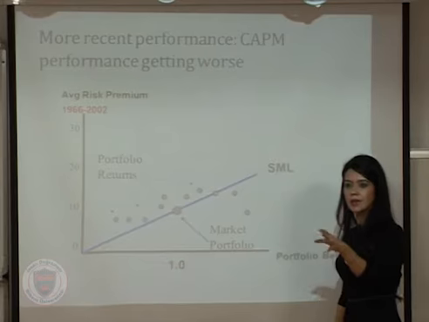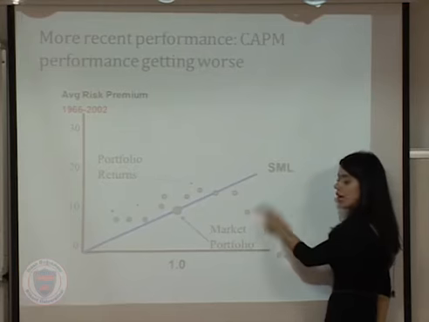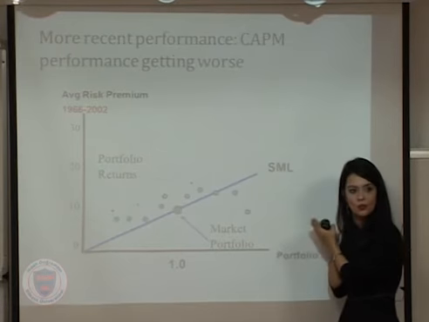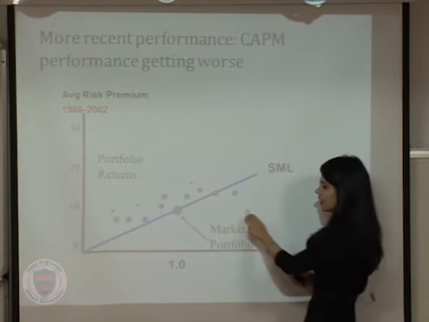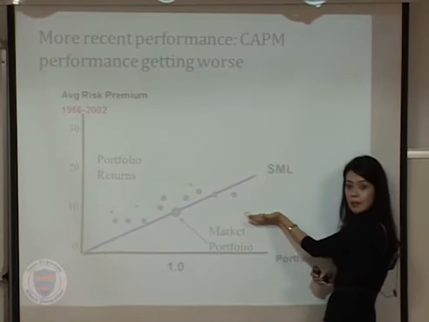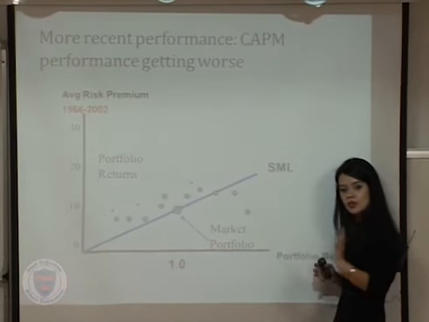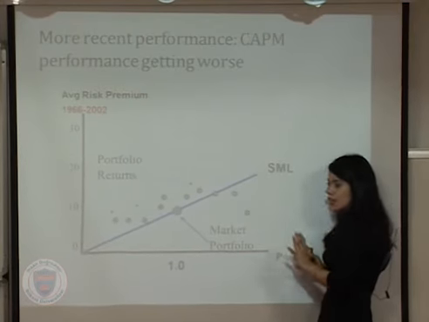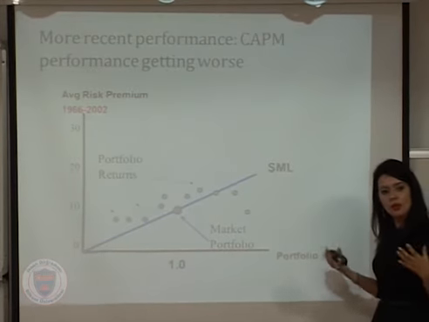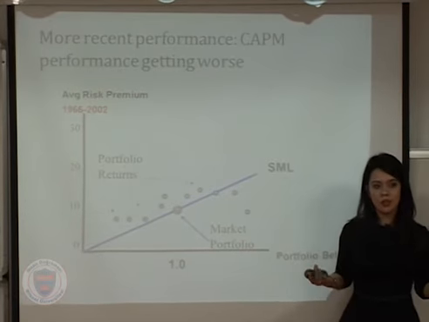And your uncles are doing the same thing. You have the youngest uncle with the low beta portfolio. You have the oldest uncle with the high beta portfolio. Again, portfolios are not on the security market line, but things look worse now. As you can see here, these are lower beta portfolios. Their return was almost the same as the high beta portfolio. These are real numbers, by the way. As you come closer in the timeline, CAPM starts to fail. So some people say CAPM is a good model if you start from the 1930s. When you look from the 1960s, it doesn't work that well.